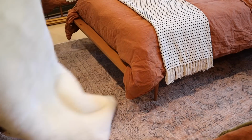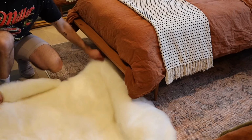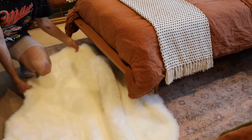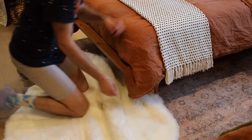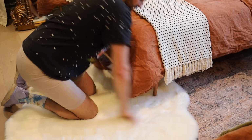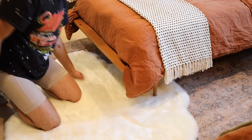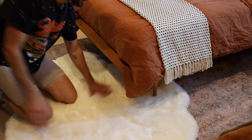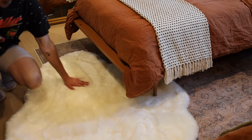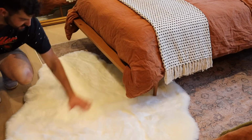For a little bit of added texture, I'm using this little faux fur throw here, just to give the room a little warmth, something soft and cozy. I got this one at World Market. This is a faux one, it's bleachable, washable, but you can get a real sheepskin at Costco for pretty cheap, but I like this faux one because it looks very real, washable, and they're great to cover a couch if you want to keep it safe from pets, but it just adds a little dimension to the